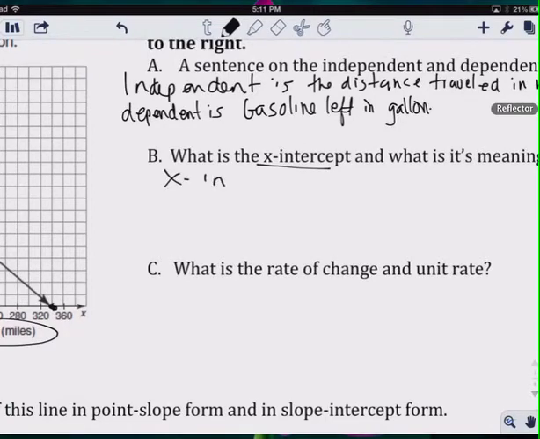X-intercept. It's 340 and 0, which means